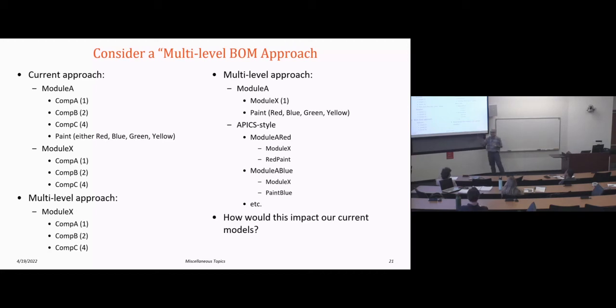Essentially, you'd have to have some way to generate orders or generate processing for module X. Because if I told you we have an order for our module A's, you have to somehow know that I need the components for module X. So you have to do what's called a bill of materials explosion in your model to process all of those. So we didn't do any modeling with this, we just talked about these two basic ideas.